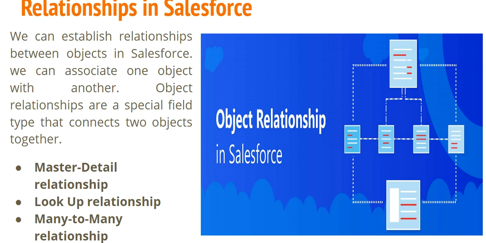The child record will not get deleted, and in a lookup relationship there is no requirement: whenever I'm creating a record on the child object, there is no need to relate that record to any record on the parent object. We can create a record on the child object without the parent object. So in the lookup relationship, we don't need to create the child record with a parent. We can create the record on the child object without the parent object.